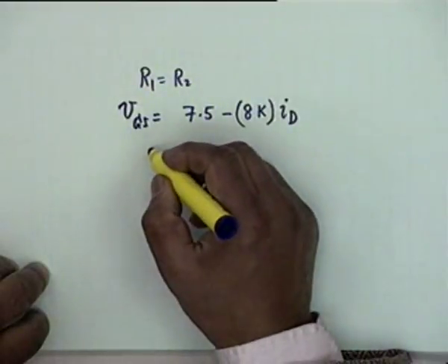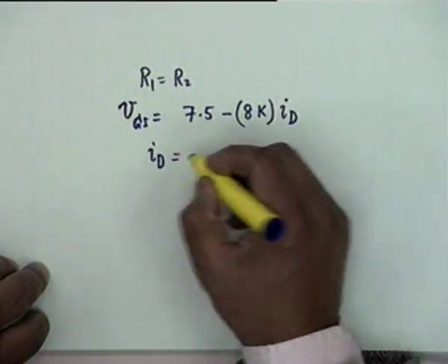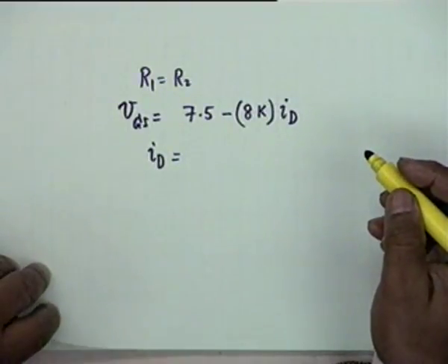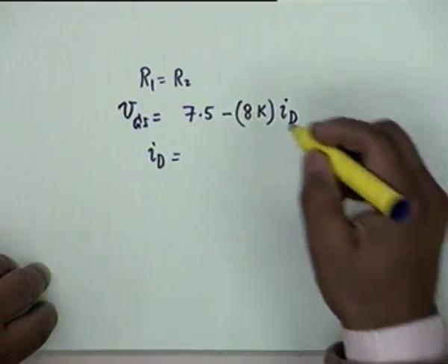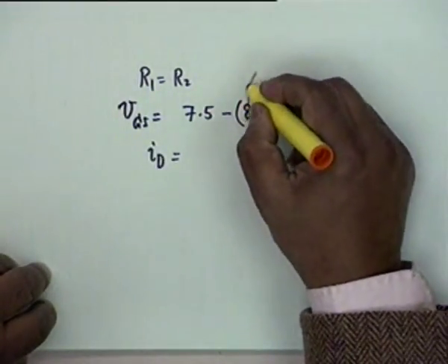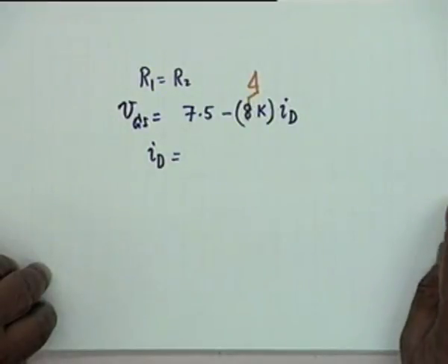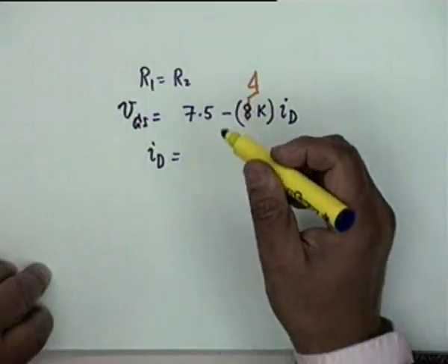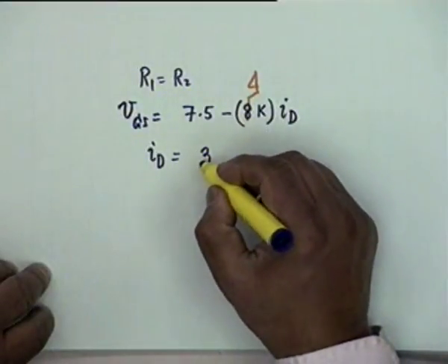And the other equation is that ID... So there should be 4K. It is only R sigma. It is only R sigma. Okay. And the other equation is that ID is equal to 3,